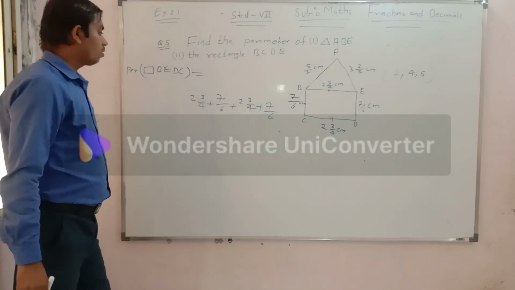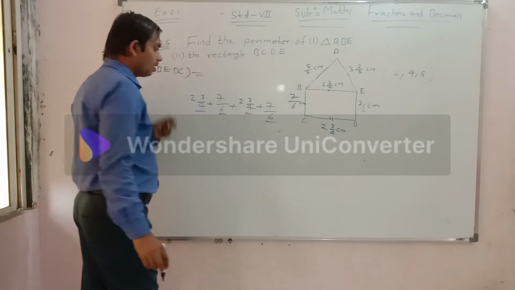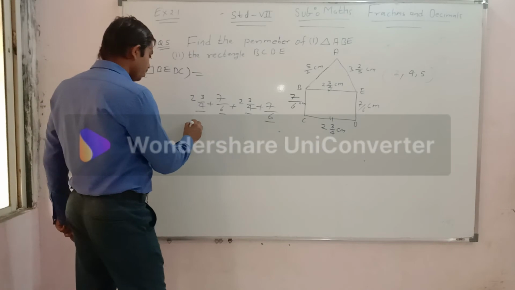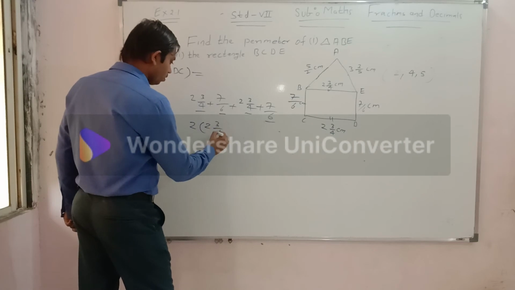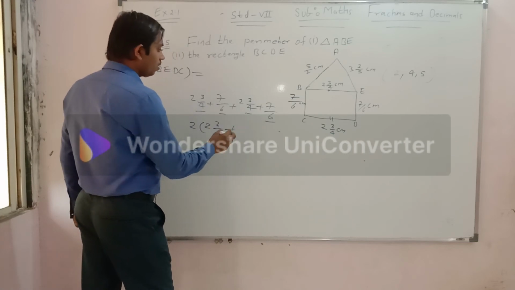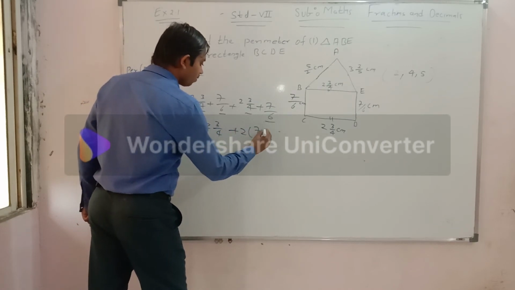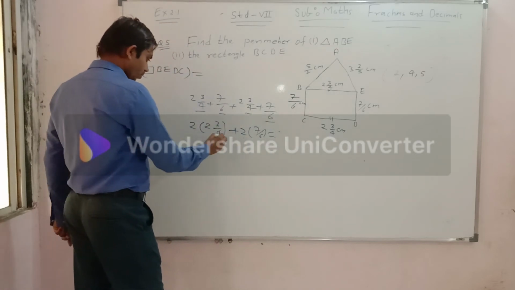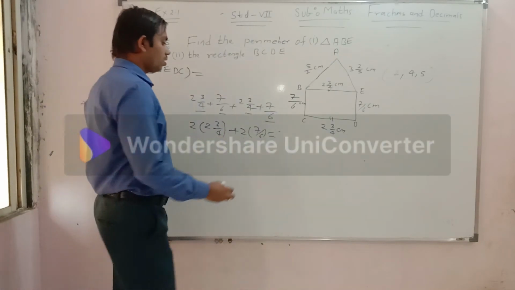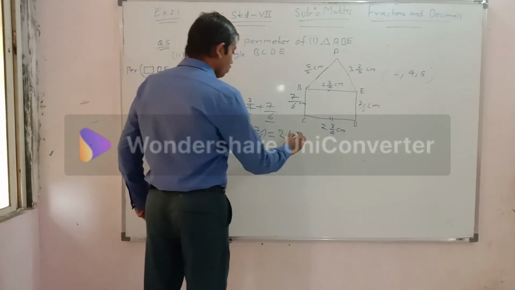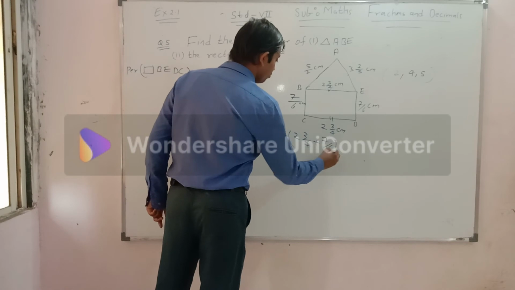Okay, my dear student. Now see, you can see here it is repeating, this one is also repeating. That means these are present 2 times, so we can write 2 times of 2 3 by 4 plus 2 times of 7 by 6. Now there is 2 present here common, here is also 2 present. You can take it outside. So what will it be now? 2 times 2 3 by 4 plus 7 by 6, my dear students.